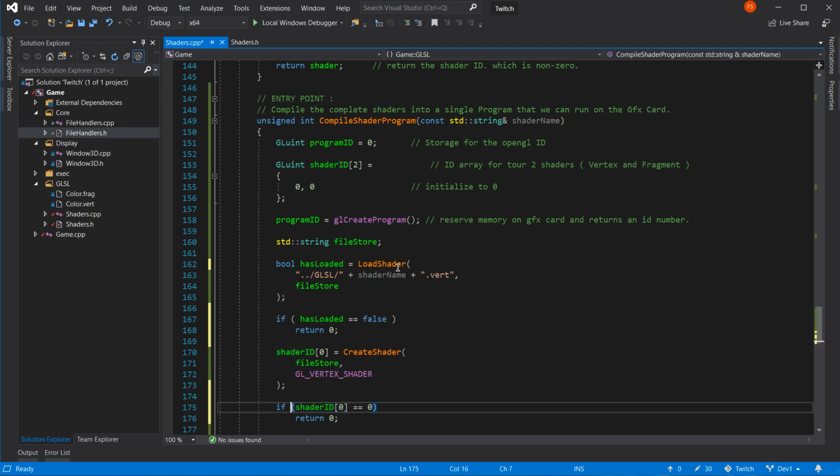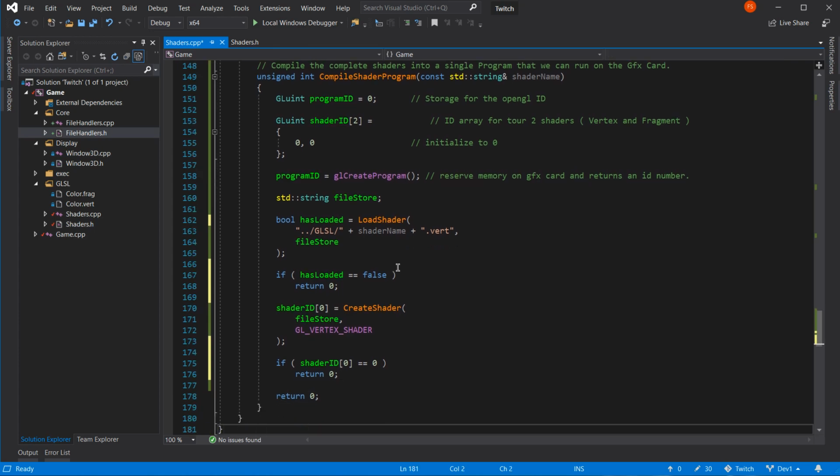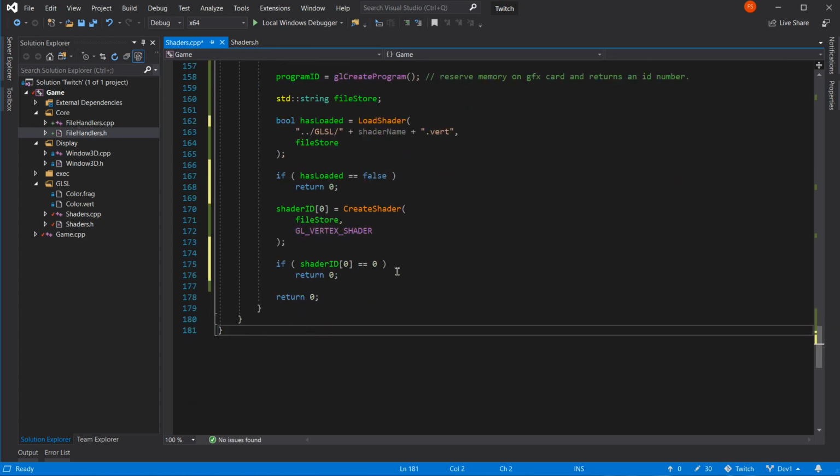Why did it just do that? What on earth happened there? Okay. Think through it all. I know I'm slow at these logistics. It's because my mind isn't as nimble as it used to be. Which is true, actually. Shader ID 0, create shader.